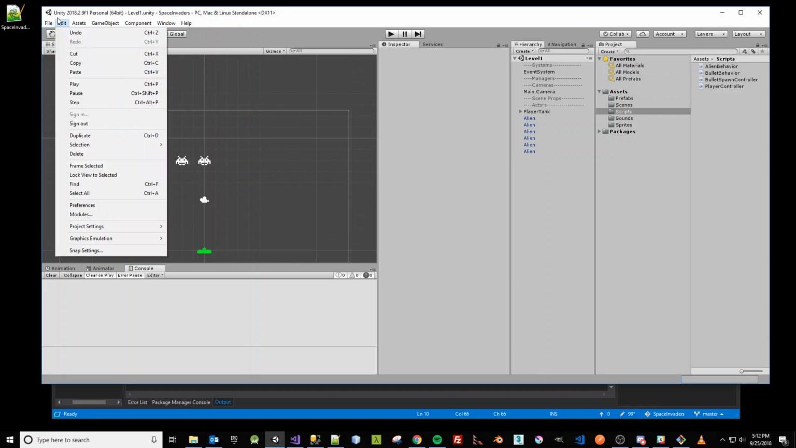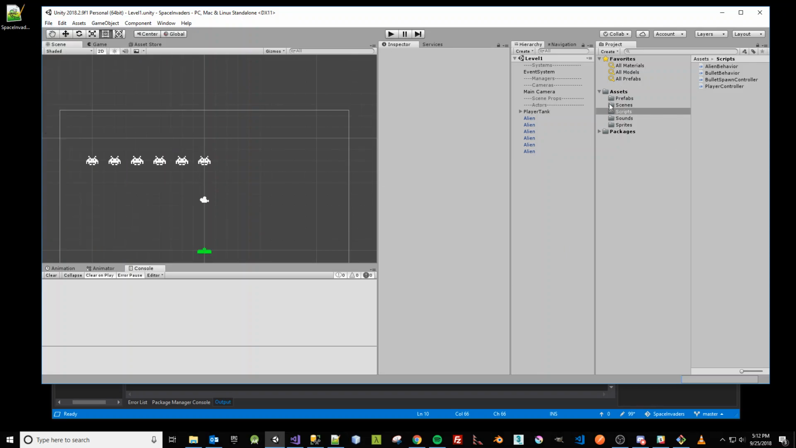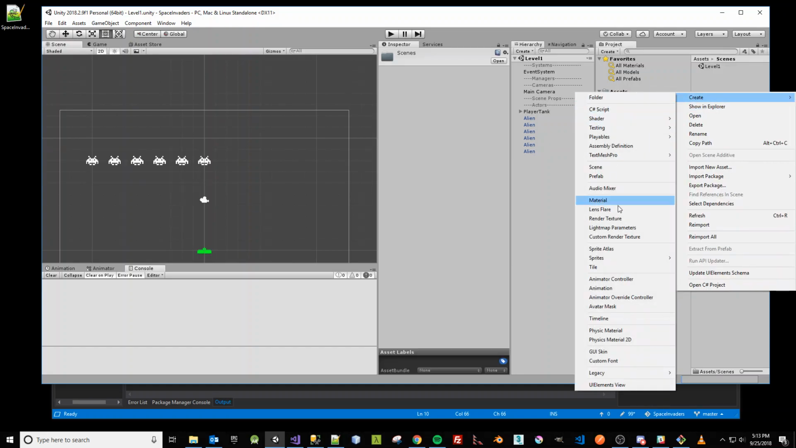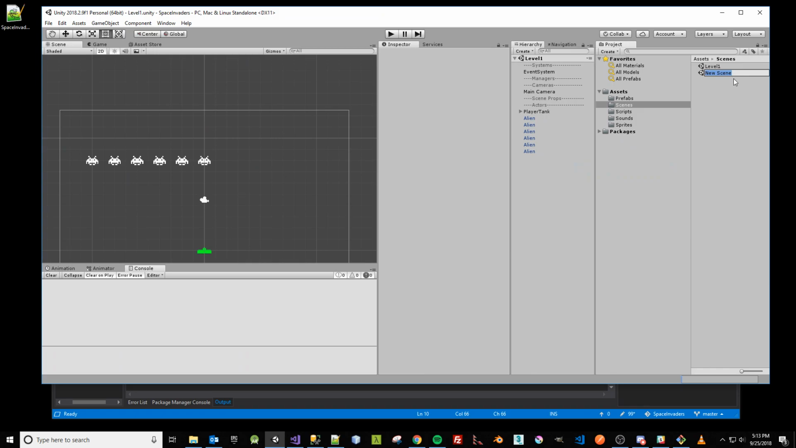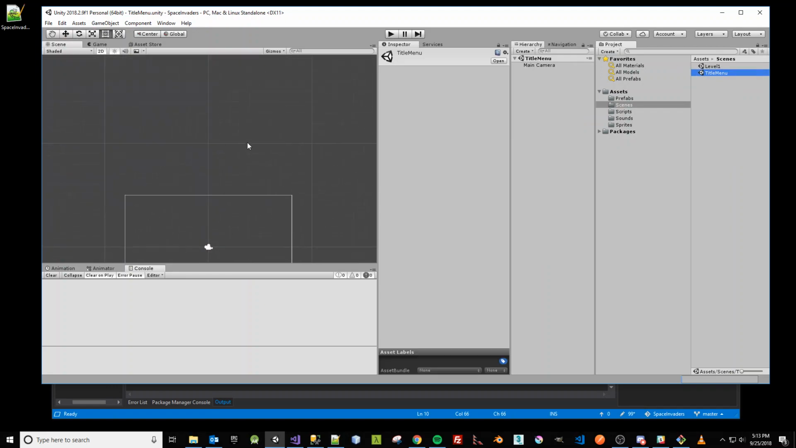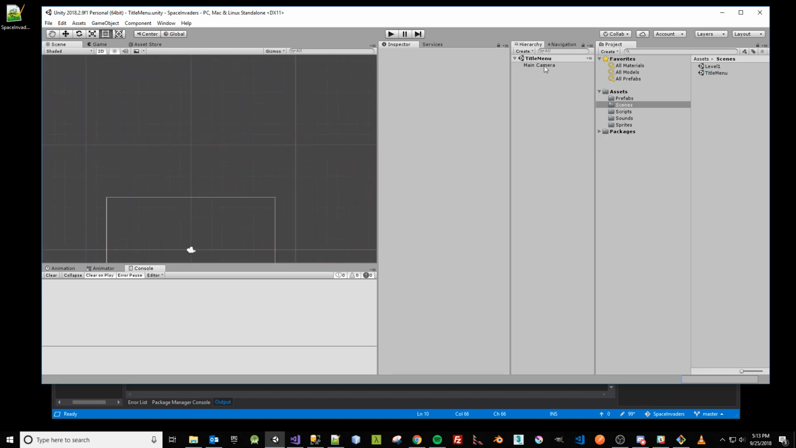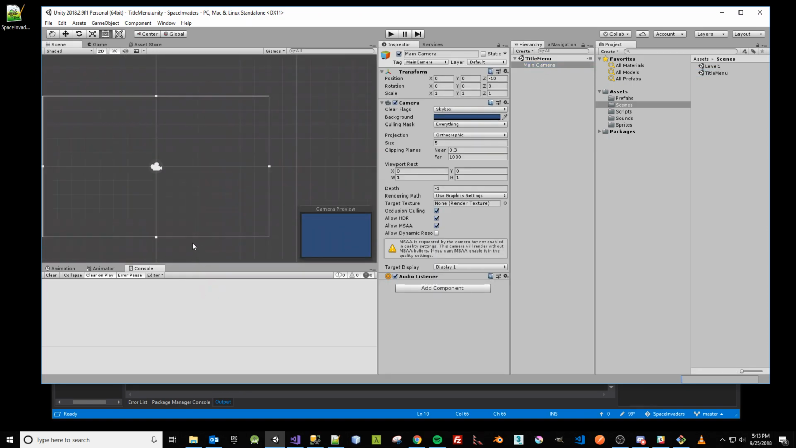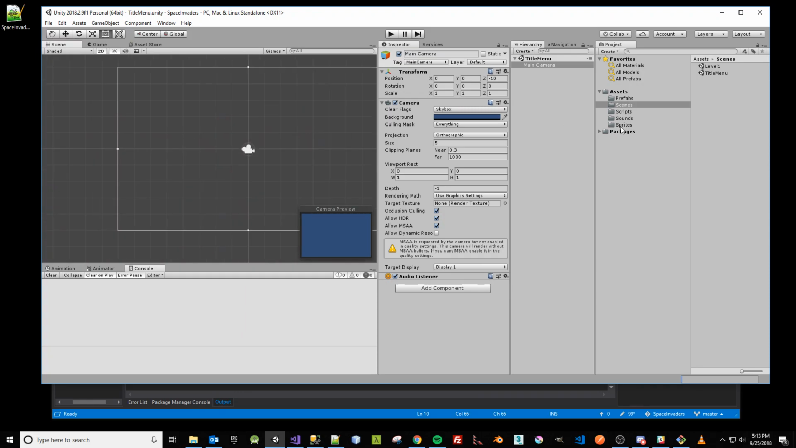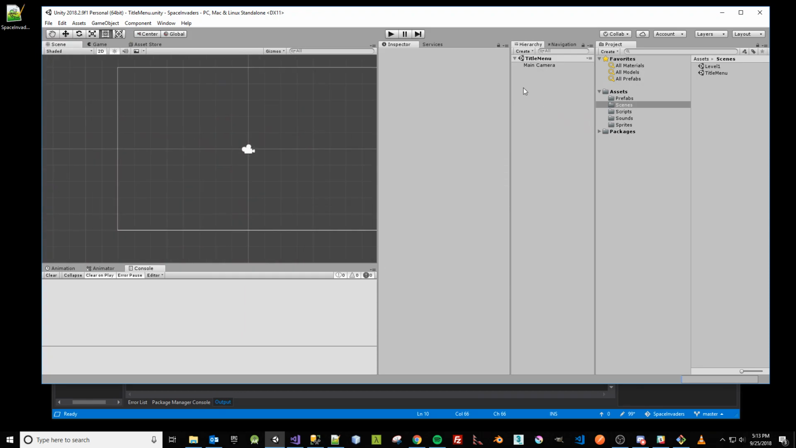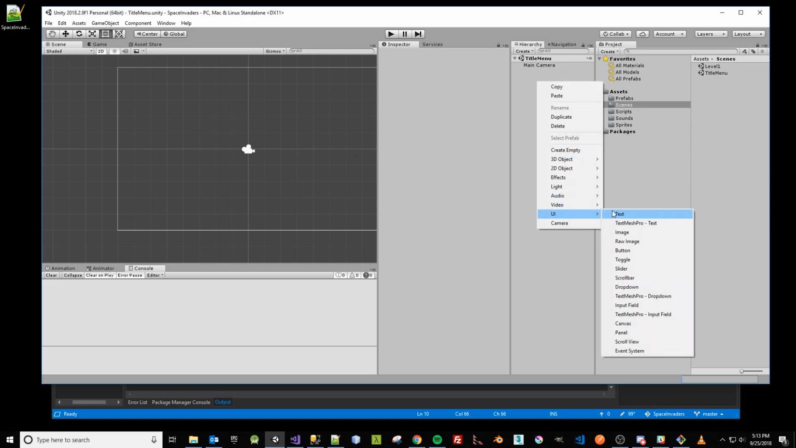So, going to go into scenes, create a new scene. We'll name it title menu. Open this up. Okay. Put this over here. Alright, so first we need to create a canvas, which you need to go down here, right click, UI,